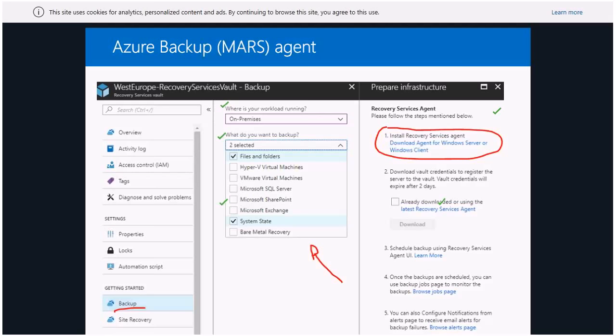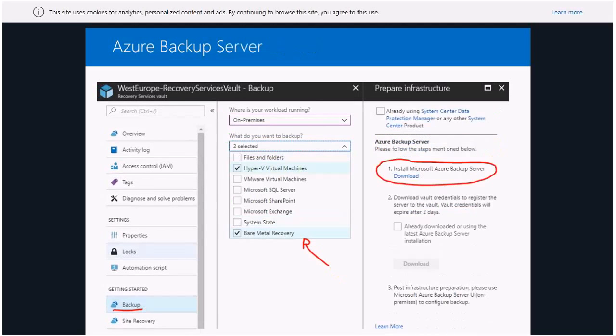If I go to my next slide, okay, if I select anything apart from files and folders and system state, for example, I want to get a backup from my virtual machines or VMware or SQL Server database or Exchange, or maybe a full backup from my server image, what they call here bare metal recovery.